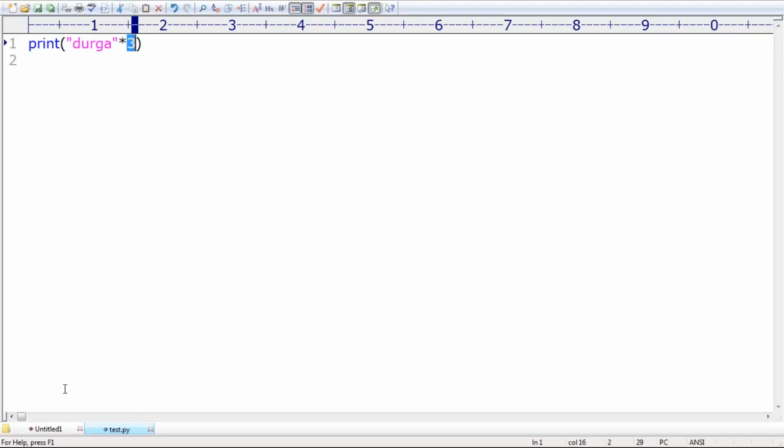Sir, I'm taking print of Durga plus software, like this. Can you please observe? Take very special care, sir. Durga software I'm taking. Next, you may have heard somewhere: Durga is the first argument, comma, software is the second argument, like this we can take. What is the difference between these two lines?